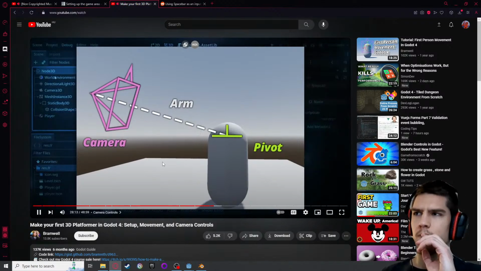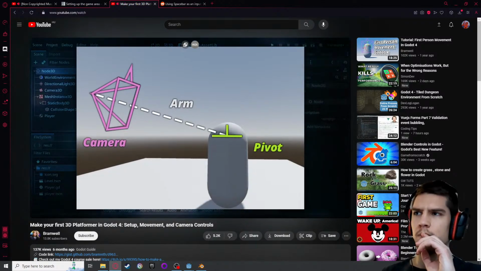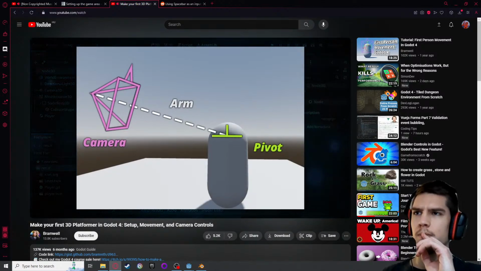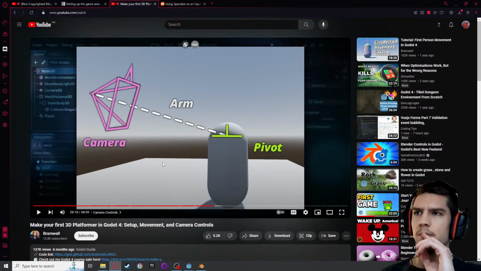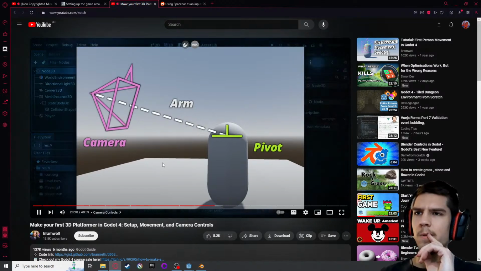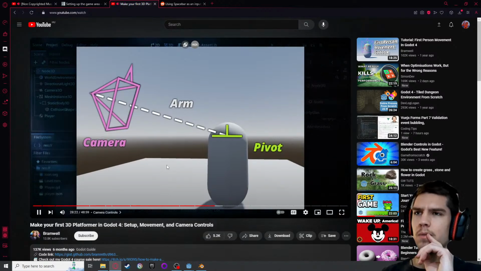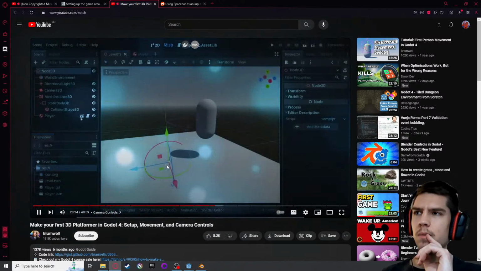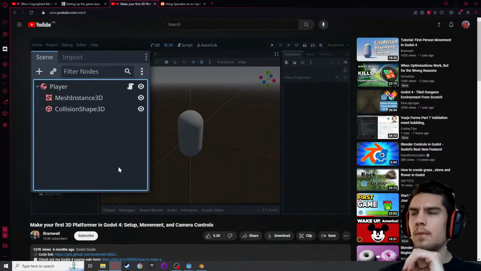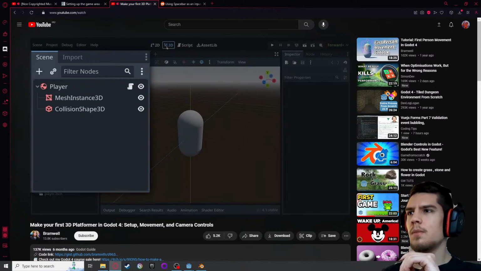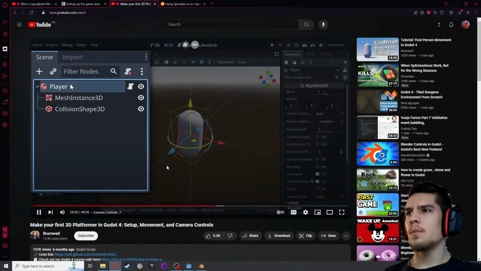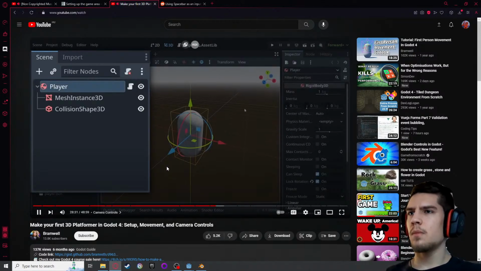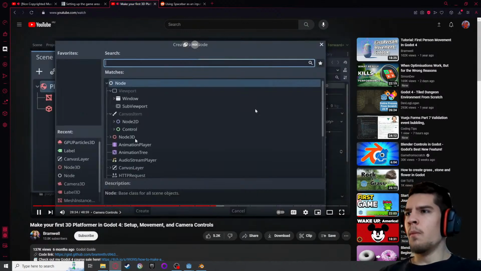To get the camera setup we want, I am going to use nodes that will act as pivots. Then we can rotate those pivots to control the camera angle with precision. Open the player scene and change the main screen to the 3D view. Select the player root node and we can add our first pivot. Create a new